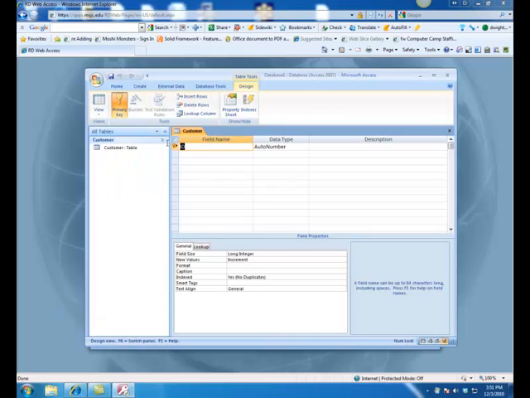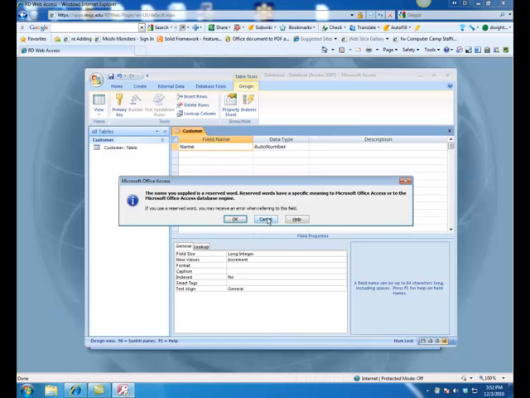All right, and I'm going to right-click on this little key, and then click on the little key again, primary key, because I don't really need a key. The key is used to relate this table to a field in another table. And since we have a single table, we don't really need a key. So I'm going to say name. This one as my field name, and then over,